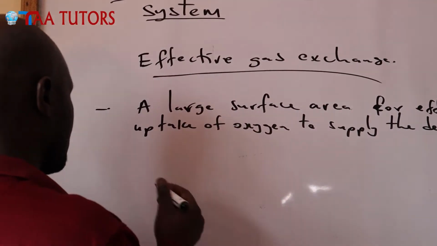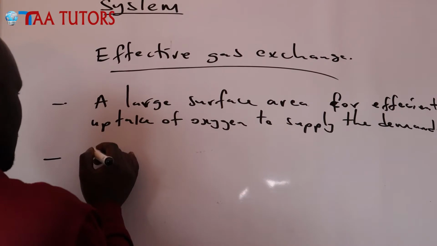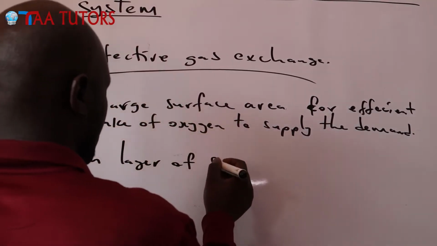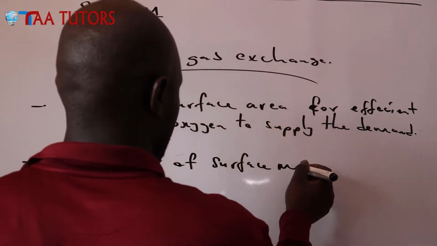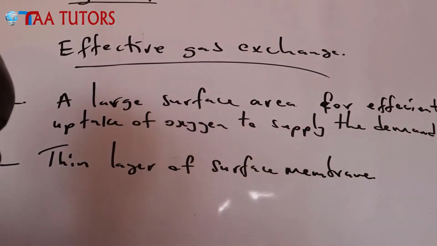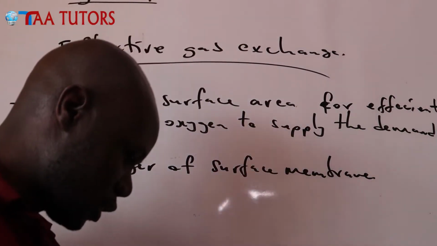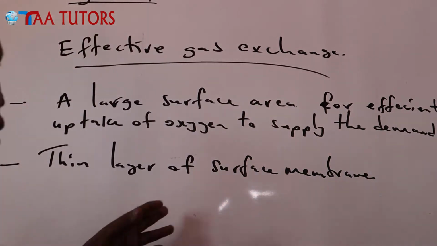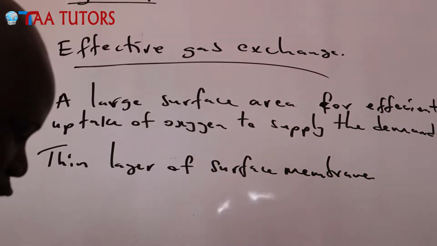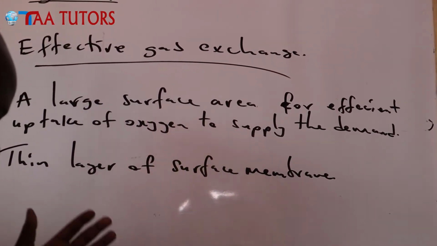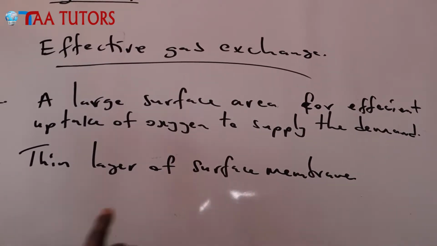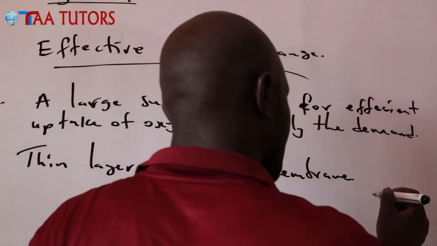Then the surface membrane must have a thin layer. You can talk about a thin layer of surface membrane. How is this one being effective for the gas exchange system? Now, if the membrane is very thin, it is going to give us a shorter distance. So it is minimizing the diffusion distance. Therefore, the diffusion will be taking place quickly. So you can talk about it minimizes the distance